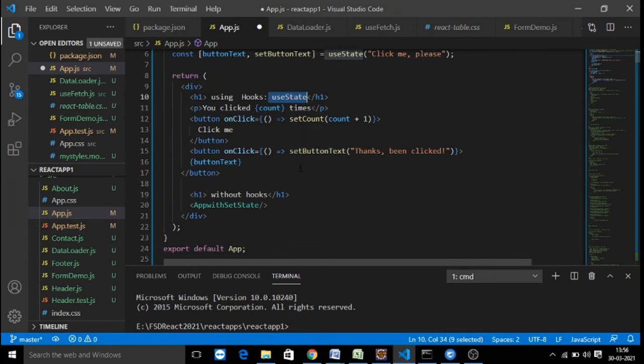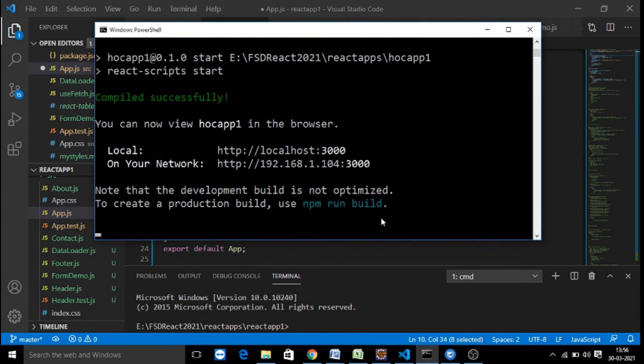The hook name is useState. And one more example for changing the button text using the same useState React hook. Hope everybody is following this application. Let's run this application now.